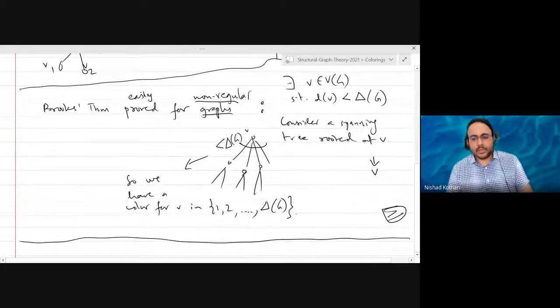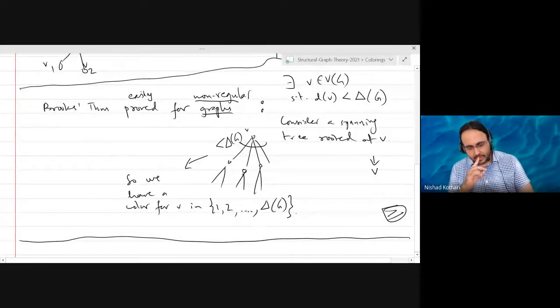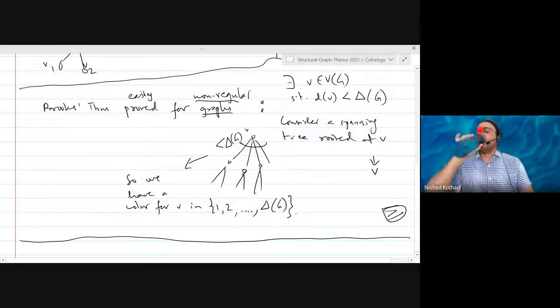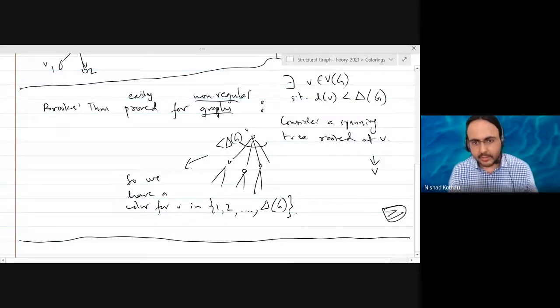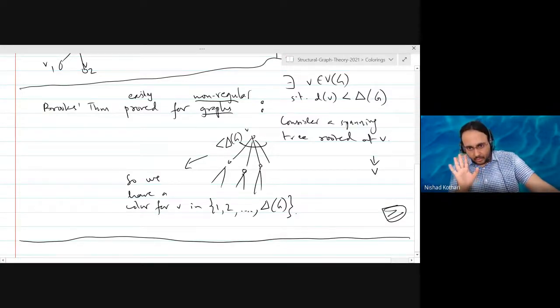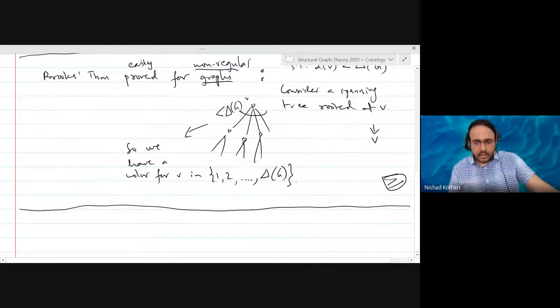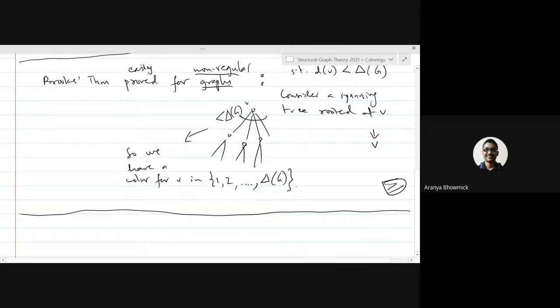Are there any questions or concerns regarding this? Is everybody convinced that we only need to care about regular graphs? For non-regular graphs, it's already easily proved. Actually, the proof we will be seeing will deal with regular graphs also, because we won't be using certain properties. But anyways, we'll come to that later. For now, notice that we have proved Brooks theorem for graphs that are not regular. So basically, it suffices to prove Brooks theorem for regular graphs.